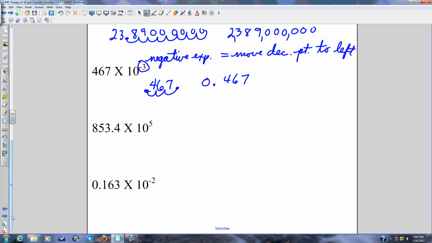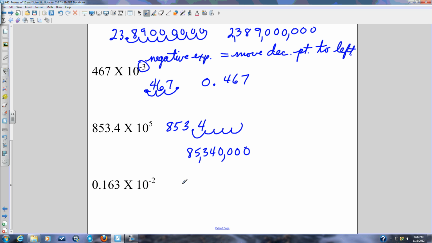Next, 853.4 times 10 to the 5th. We're going to have to move this decimal point 5 places to the right. 1, 2, 3, 4, 5. We have 4 empty places, so we're going to have to put zeros there. And then put in our commas to get